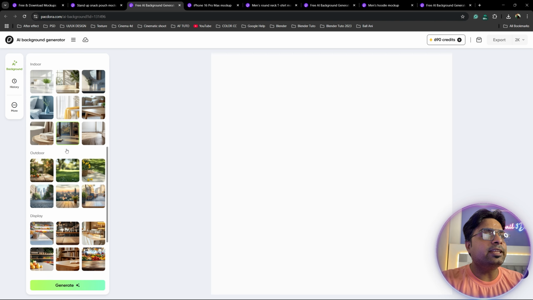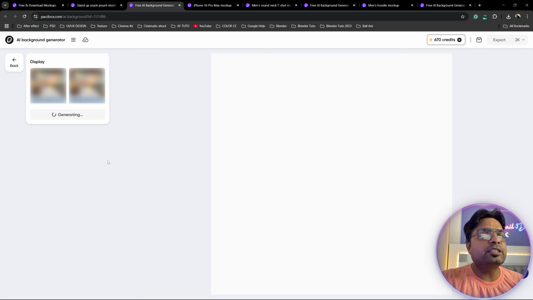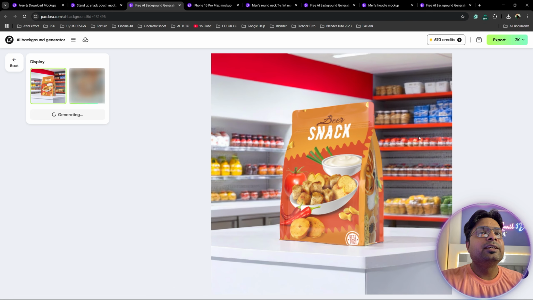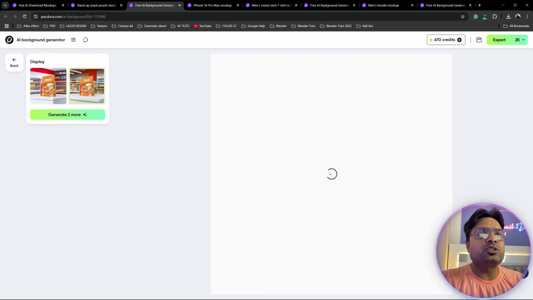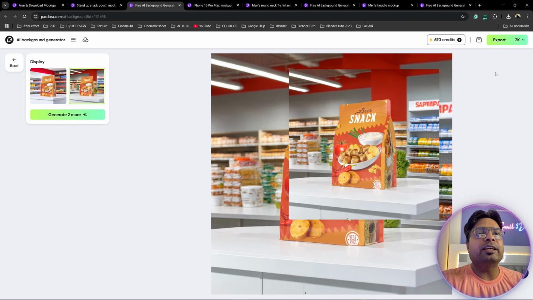Yes. And guys, now I apply a store market background because these are my snacks. Yeah, really good. See guys, that's my 3D snacks model, right? And the background is really perfect, like a supermarket store. Yes, this image is perfect. It's my AI generated image. And guys, this image is really realistic. So export, check. Yes, perfect.